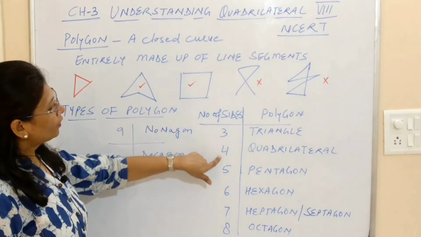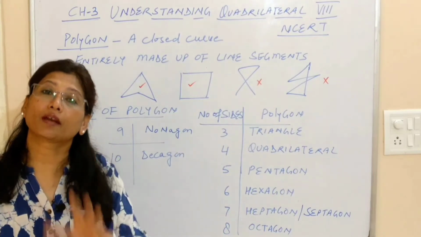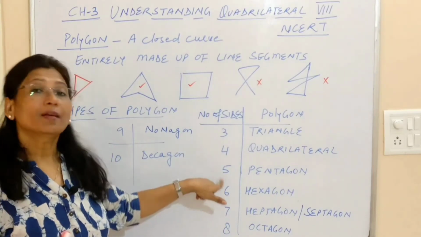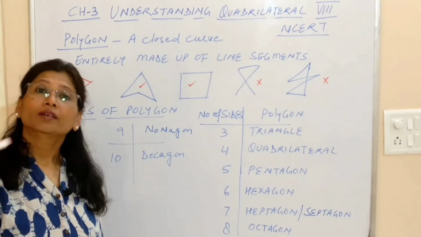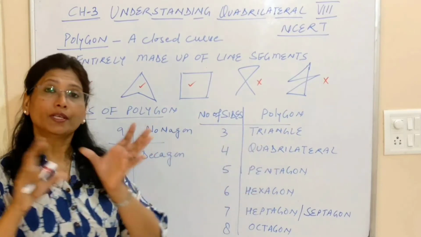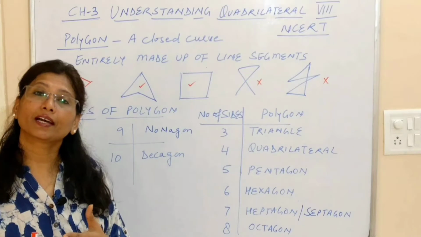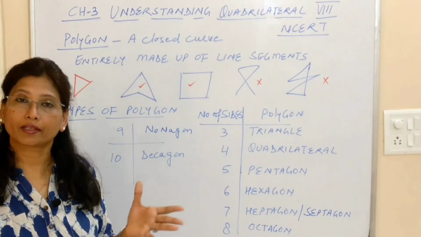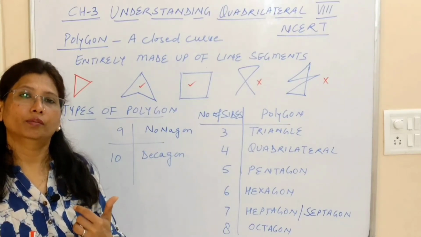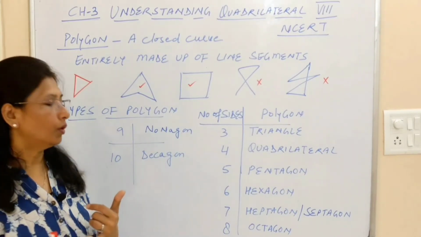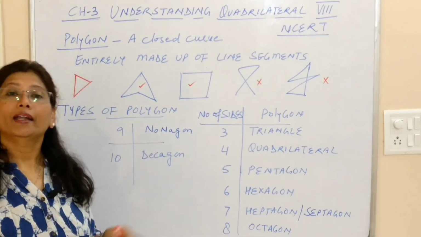So and if you have number of sides are 4, that is a quadrilateral. जो हम पढ़ रहे हैं, quad means 4, lateral means sides, quadrilateral. 5 is a pentagon. Okay, penta stands for 5, gon stands for your sides. Okay, now here gon is basically the angles. 6 is for hexagon, that is if we have 6 sides then that polygon becomes hexagon. 7 sides heptagon or septagon. Okay, so generally mostly we use the heptagon for the naming. 8 is for octagon, 9 is for nonagon, and 10 is for decagon.